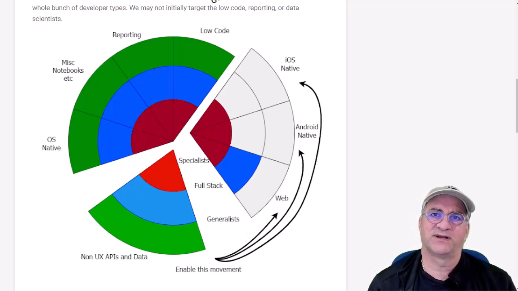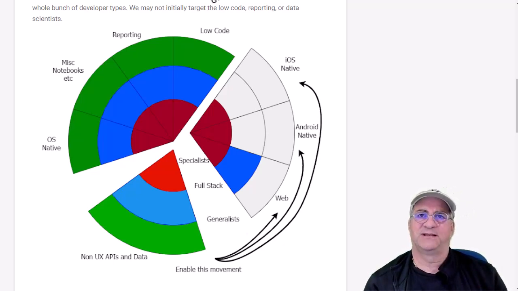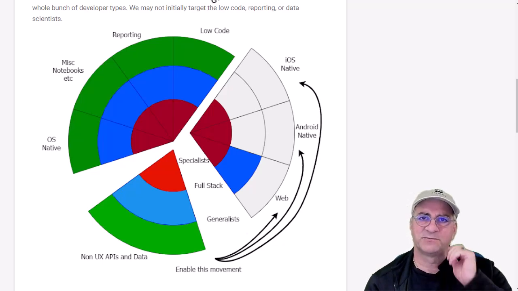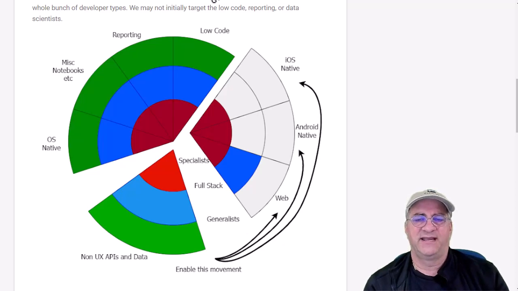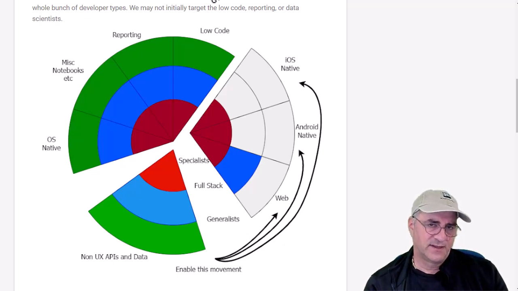So this isn't the notion that specialists are going to go away. There will always be iOS native specialists, Android native specialists, and web specialists, for the super finicky details and understanding how stuff really works. But the argument I'm going to make is if I can write Flutter code, and it's 80% common across web, Android, and iOS, and I can get Java and C# and other developers, I'm going to throw a bone to a friend of mine, Haskell or Rust or one of these others, but they write a general language.